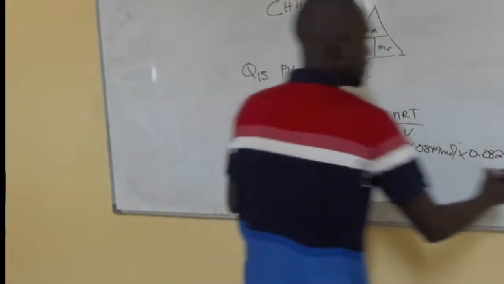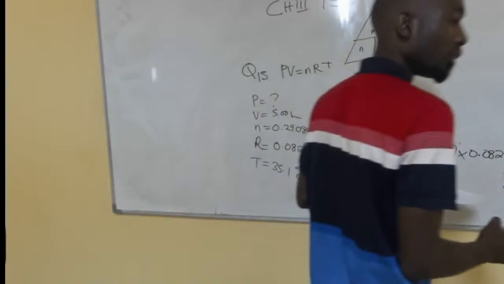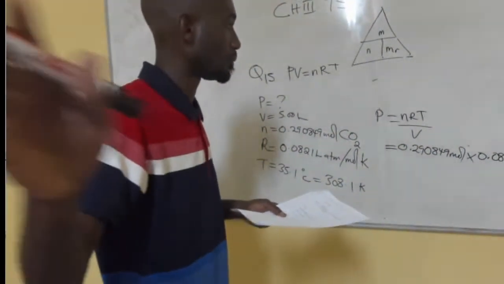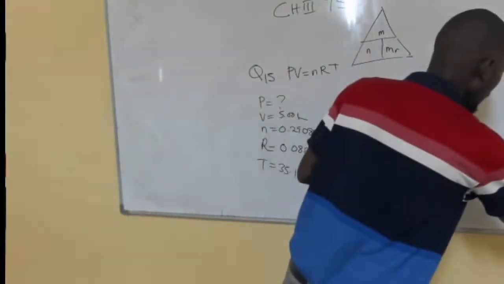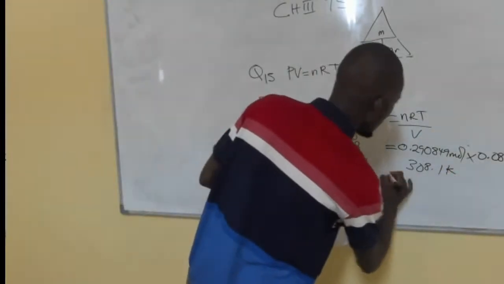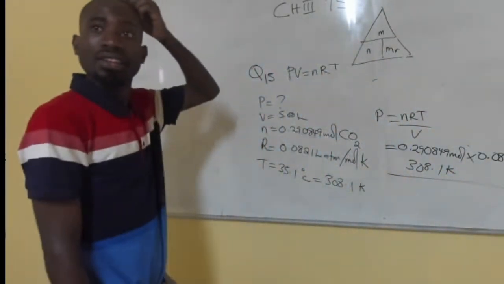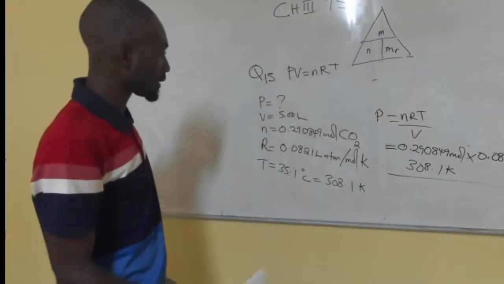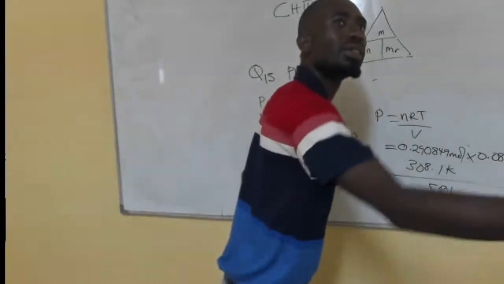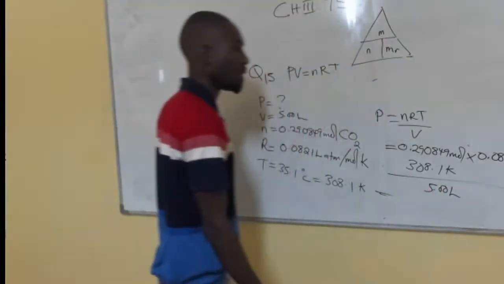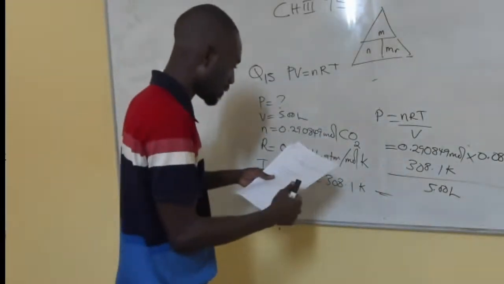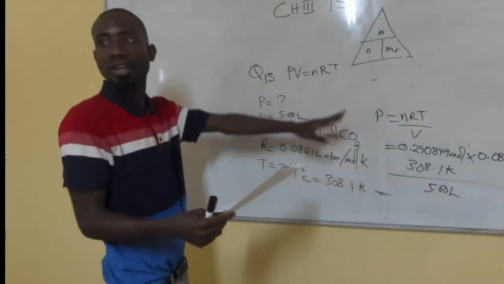Then the temperature is how much? 308.1 Kelvin divided by how much? What is the volume? Which is 5 liter. So upon evaluating everything,